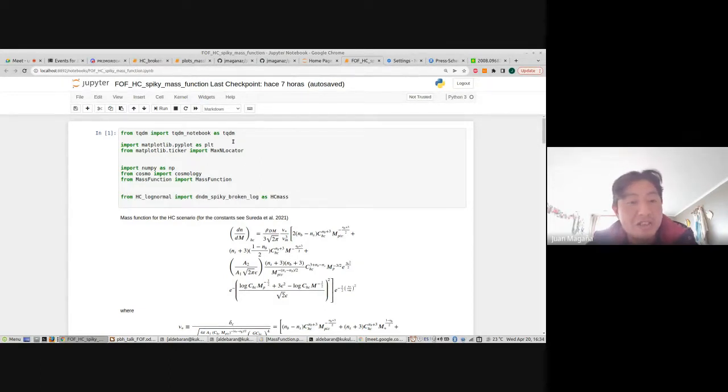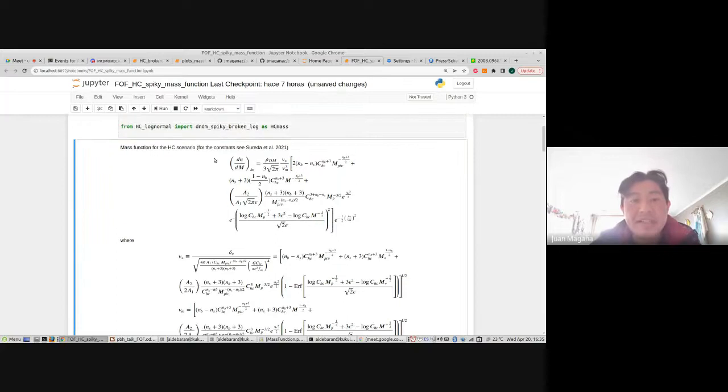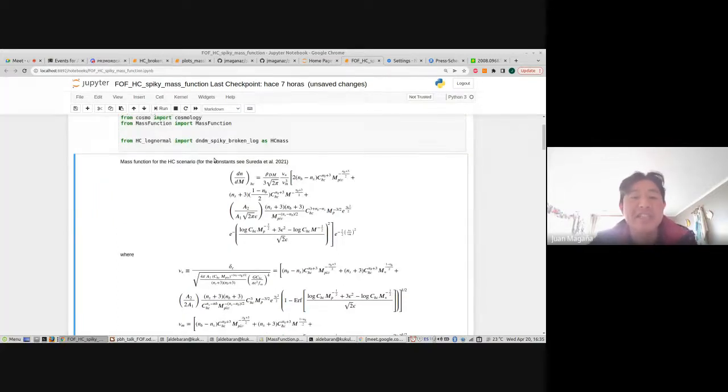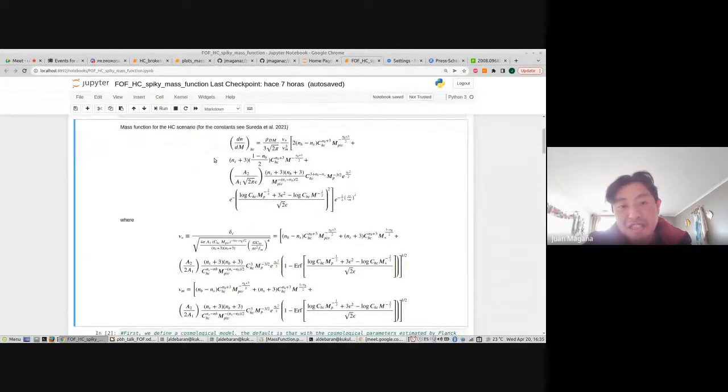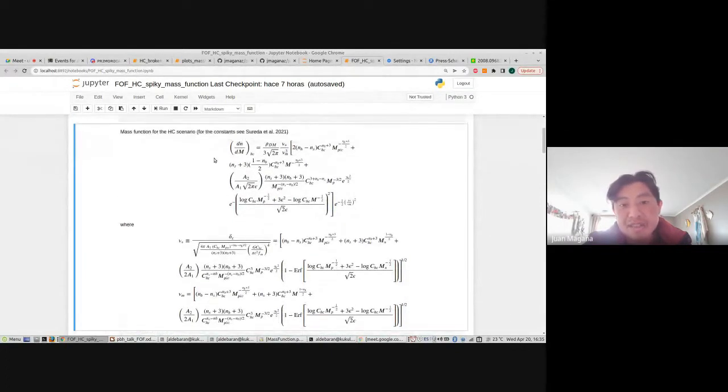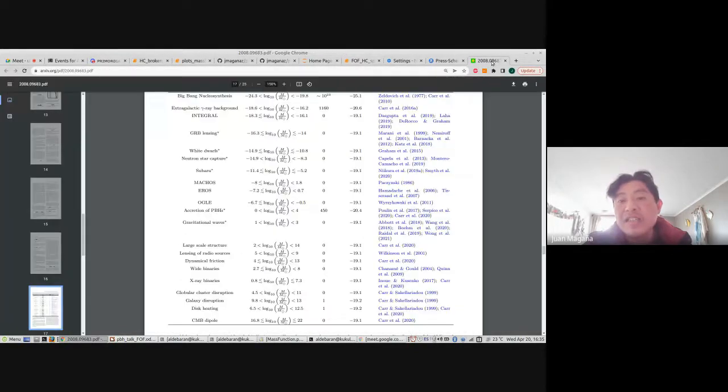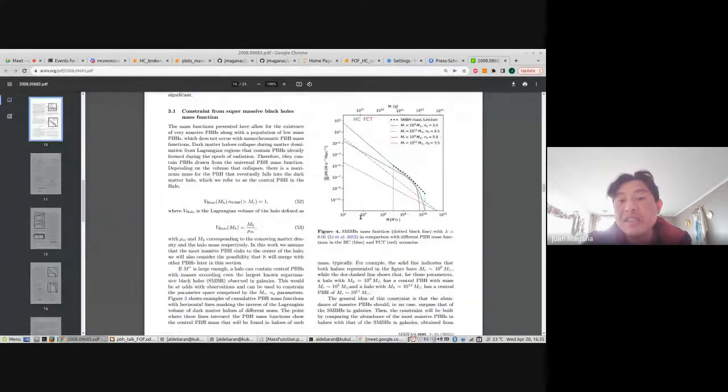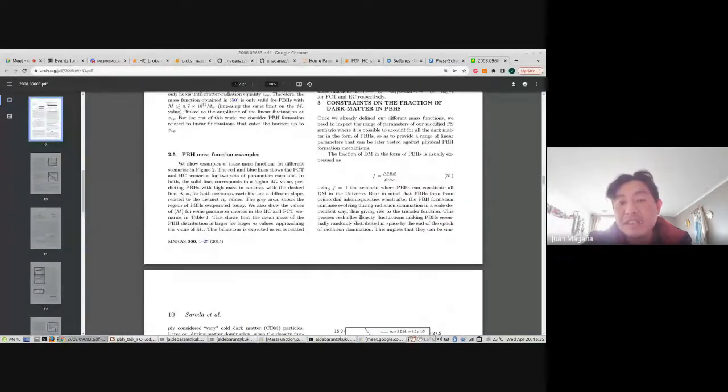This is the Jupyter notebook. There are standard models here. I write the mass function. If you check, for example, the code, the constants, for example CHC, are given in the Sorera papers in some part of the text.